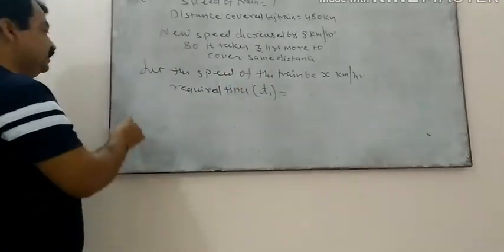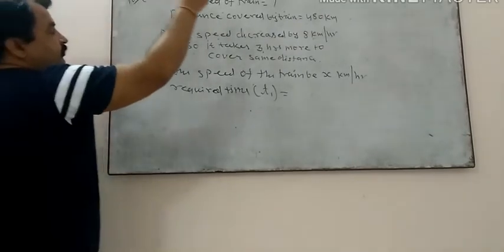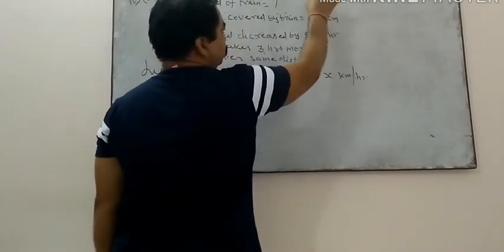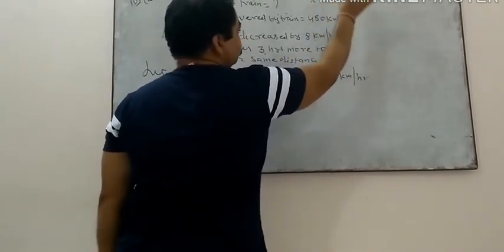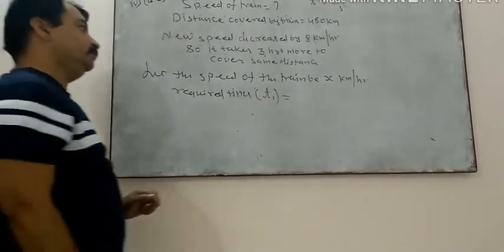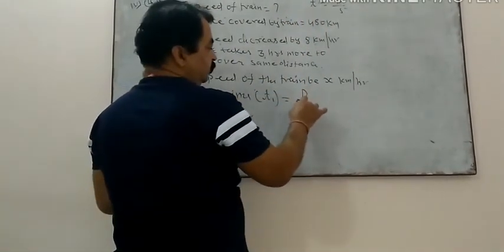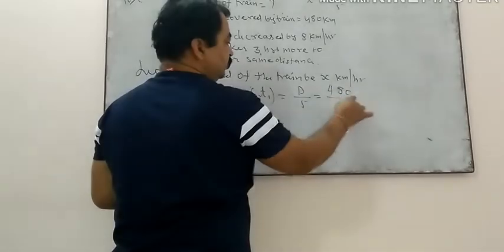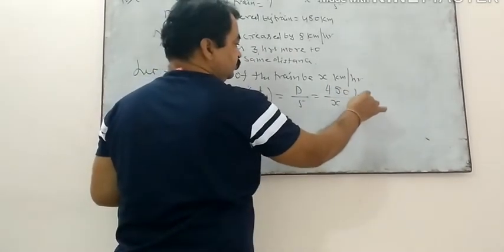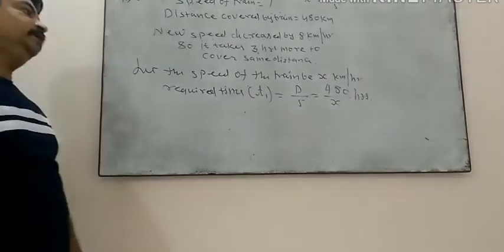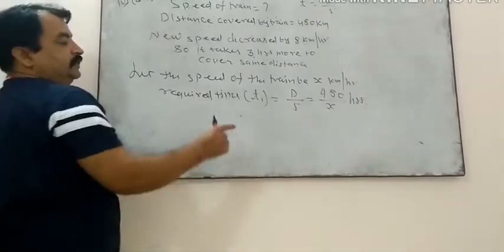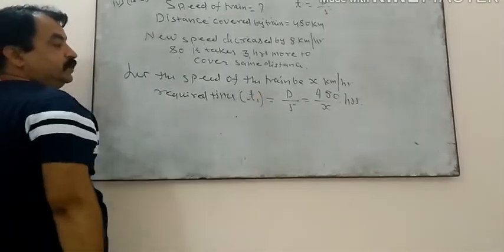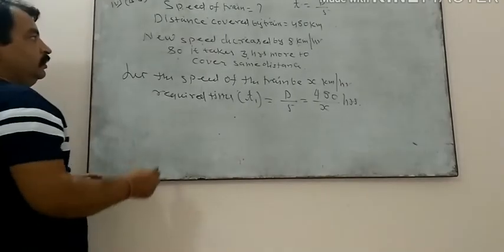See, children, you are knowing the relation. Speed equal to what? Distance upon time. So time equal to, children, distance upon speed. Right? So you will use this formula. T1, that is the d upon s, that is distance upon speed. So what is the distance here? 480. And what is the speed we assume here? x. So this much time it will take in first condition: 480 upon x hours if the train is running with a speed of x kilometer per hour to cover the distance of 480 kilometer. Right?